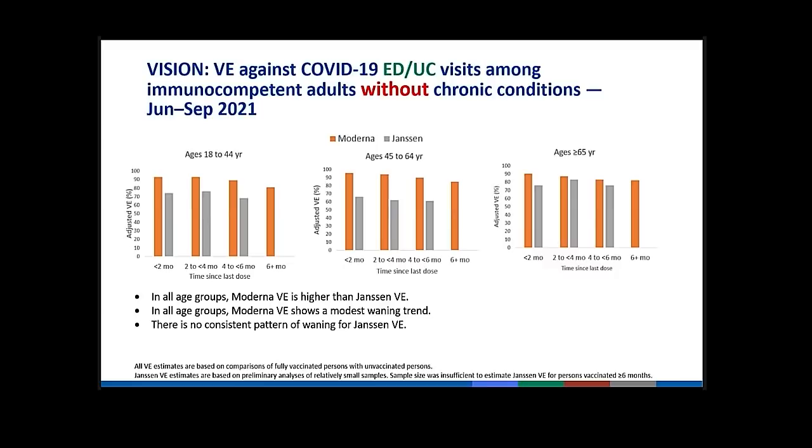The VISION network involves over 185 hospitals. VE was estimated using a test-negative case control design. VE against emergency department and urgent care visits among adults without chronic conditions are displayed. For VISION data, shown in this and the following two slides, mRNA estimates are shown in orange and Janssen are